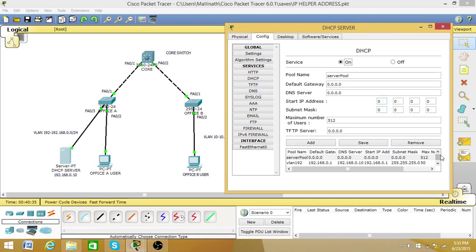and make sure the service is on. You should clear all the fields to 0, because sometimes it shows a 169 something IP. You should clear all of that to 0. Okay, and go to Physical